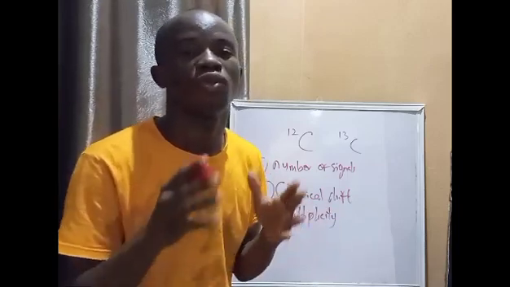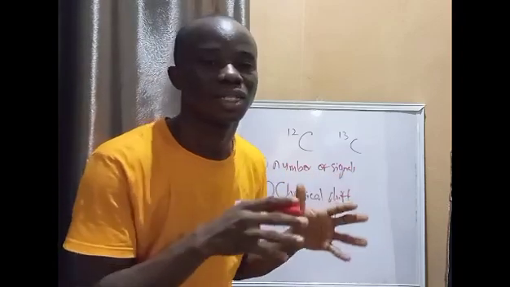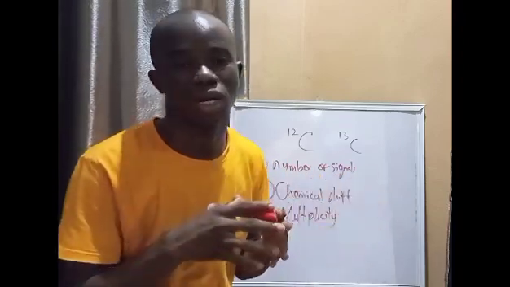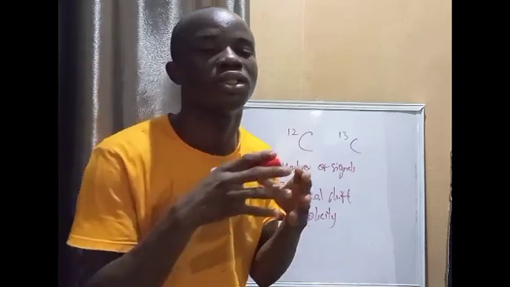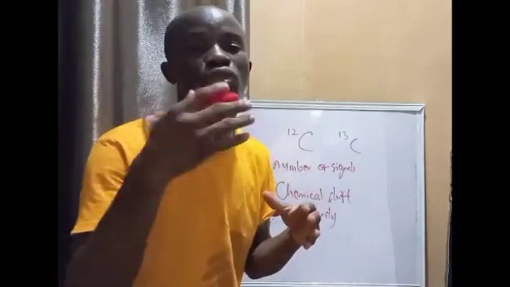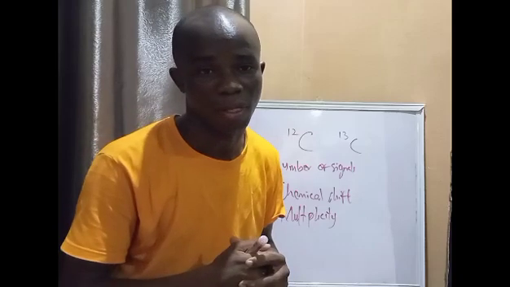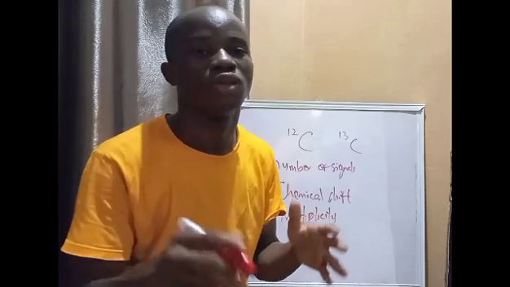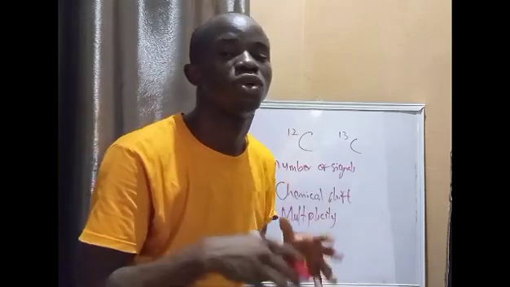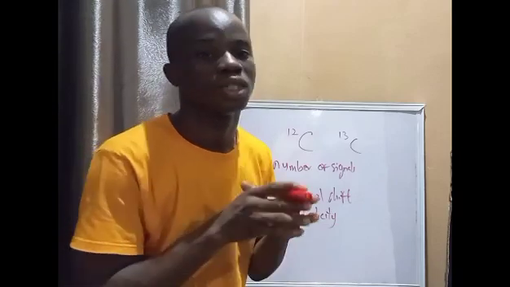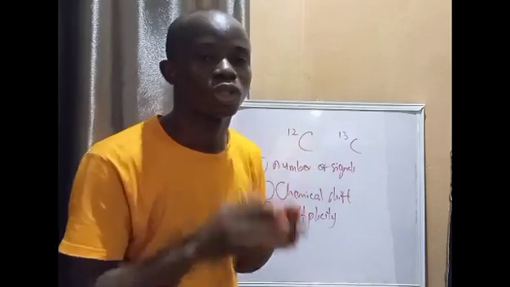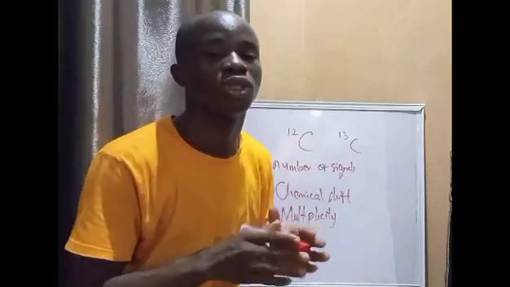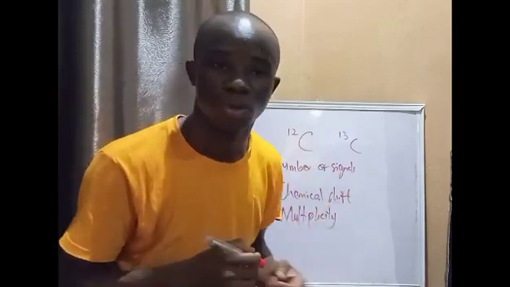So we can know the number of hydrogens on all available adjacent carbons surrounding a carbon carrying the hydrogen producing a particular signal. If you know the number of hydrogens on every adjacent carbon around a particular signal, that can be used to determine the multiplicity. And multiplicity works by a rule which we can term the n plus 1 rule,